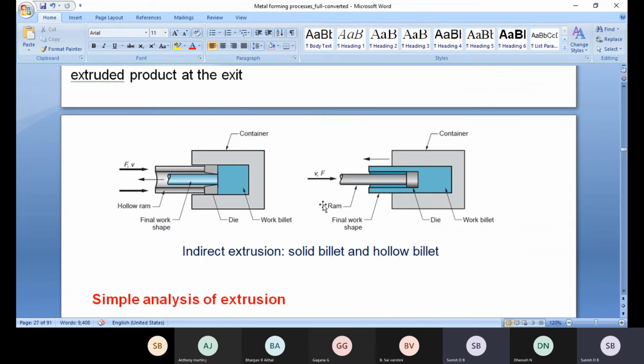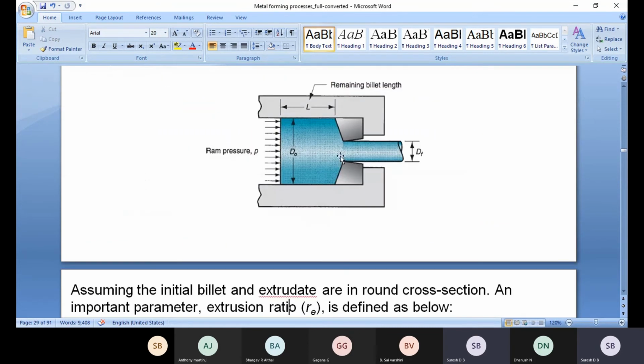Now go to indirect extrusion process, see here. Here a small force is required because the right side of the container is completely closed. The left side of the container is completely open. Exactly at the center you can apply the force or load. At that time, both the top as well as the bottom of the container, the material comes out. Here there are two different gaps, two different conditions. The material is moving in the backward direction. In direct extrusion, there is only one gap, one direction, and the material moves in the rightward direction.